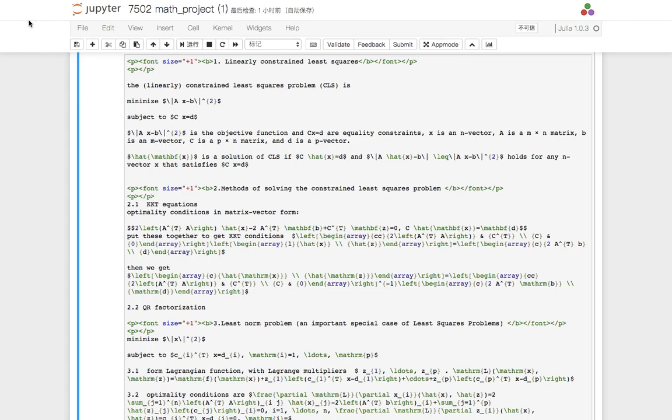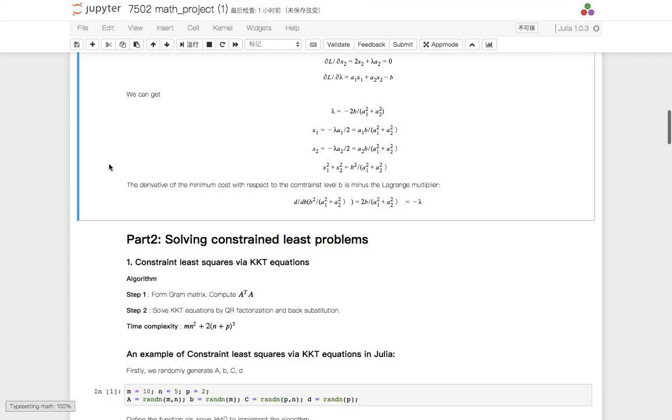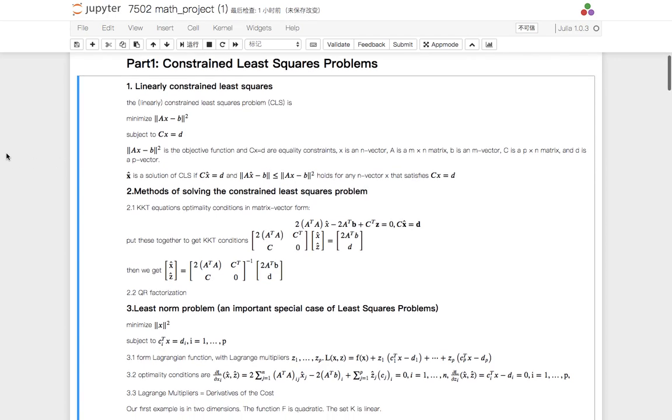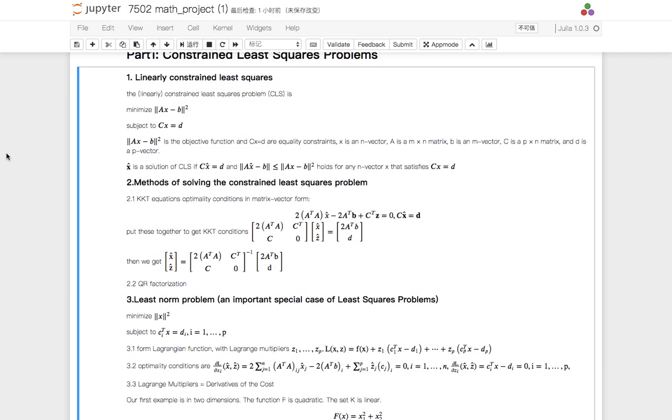Hi everyone. The topic of our team is constraint optimization. In terms of this topic, one of the most important parts is the constrained least squares problems. For this project, we focus mainly on the linearly constrained least squares problem, and we will talk about the problem